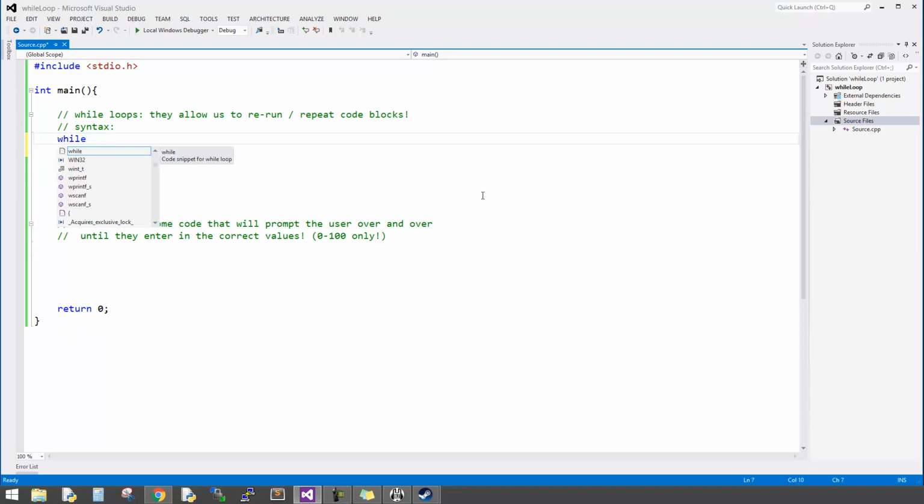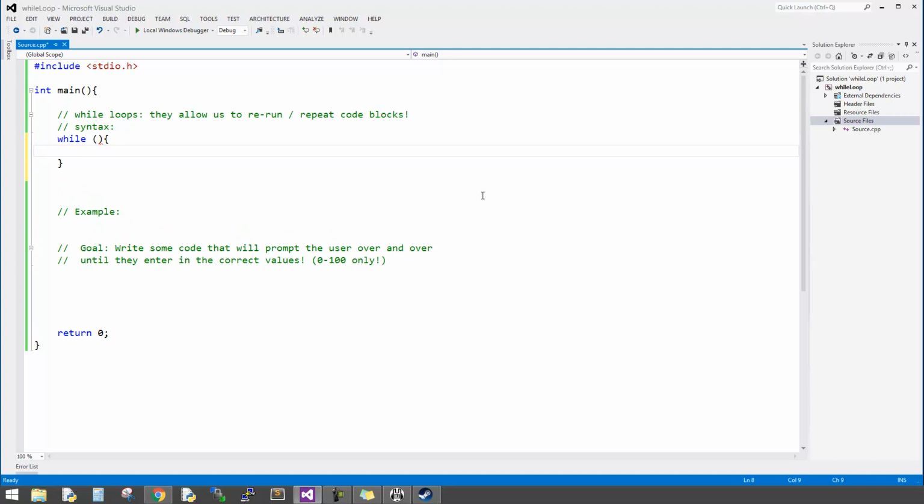So you start out with the keyword while, and you have your parentheses, which checks a condition. If it's true, then it'll keep running the code block after it. The entire program that we wrote in the last video, we could stick inside of this code block and have it run forever over and over and over again, which we'll do at the end of this video. So the easiest way to read this is while whatever is in these parentheses is true,